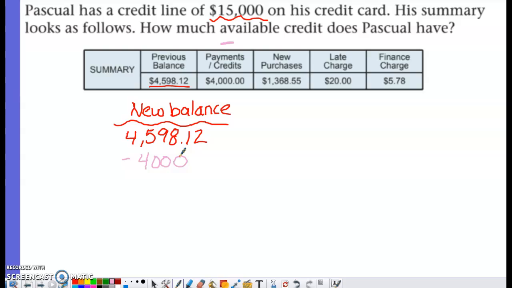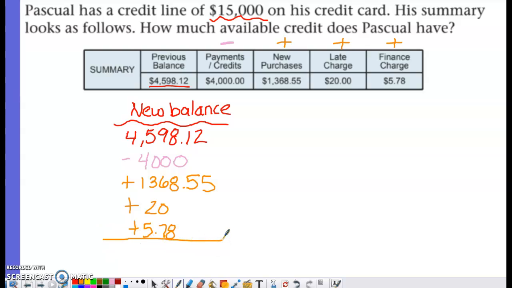However, he had a bunch of new purchases, so we're going to have to add the new purchases. So add this $1,368.55. He had a late charge of $20, so we're going to have to add that because that's also what he owes. And he had a finance charge since he didn't pay off his credit card in full of $5.78. So when we subtract the 4,000 and add those other numbers, his new balance is going to be